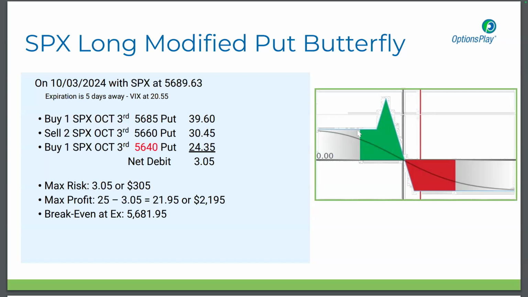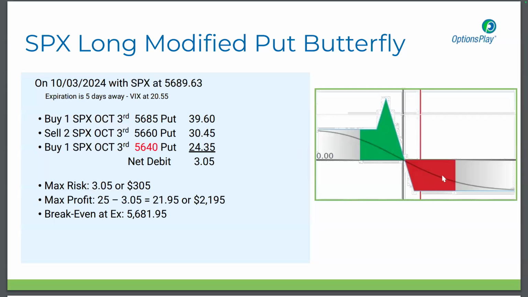And if the market goes all the way down here, the difference between the width of this and the width of this is what the value of the butterfly would be if the market tanked and went boom all the way down. So that value is 5 points because this is 20 points wide and this is 25 points wide. The difference is 5 points. But we had to pay more for it, and we still had a net debit in the account of $3.05. So you take 5 minus $3.05, and you're up $1.95.